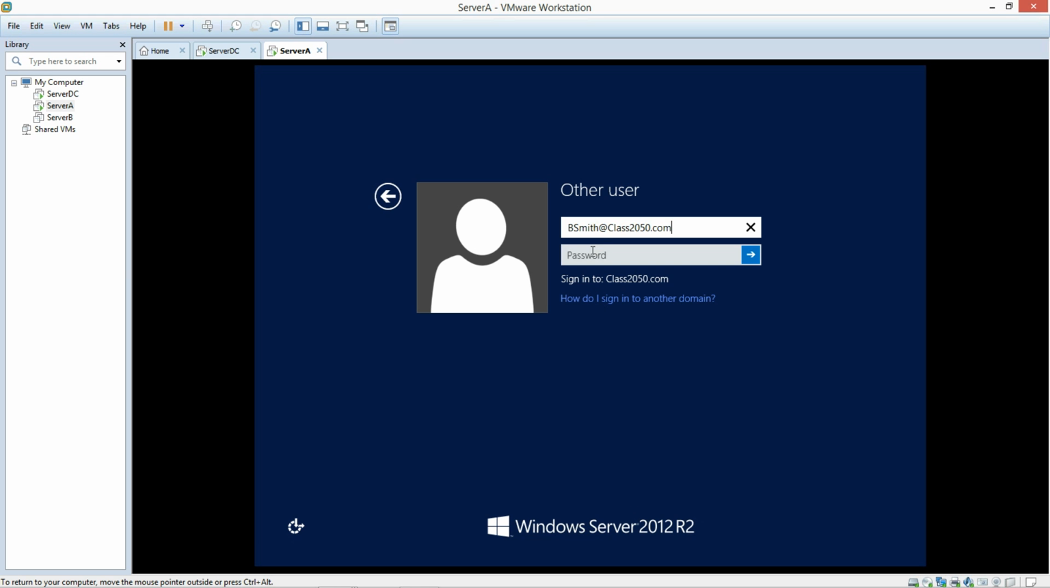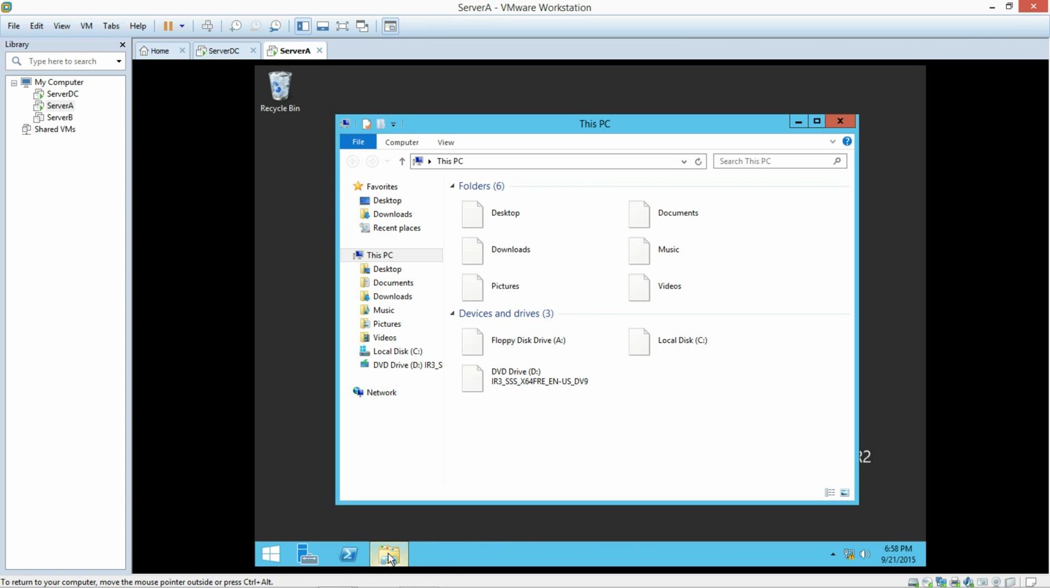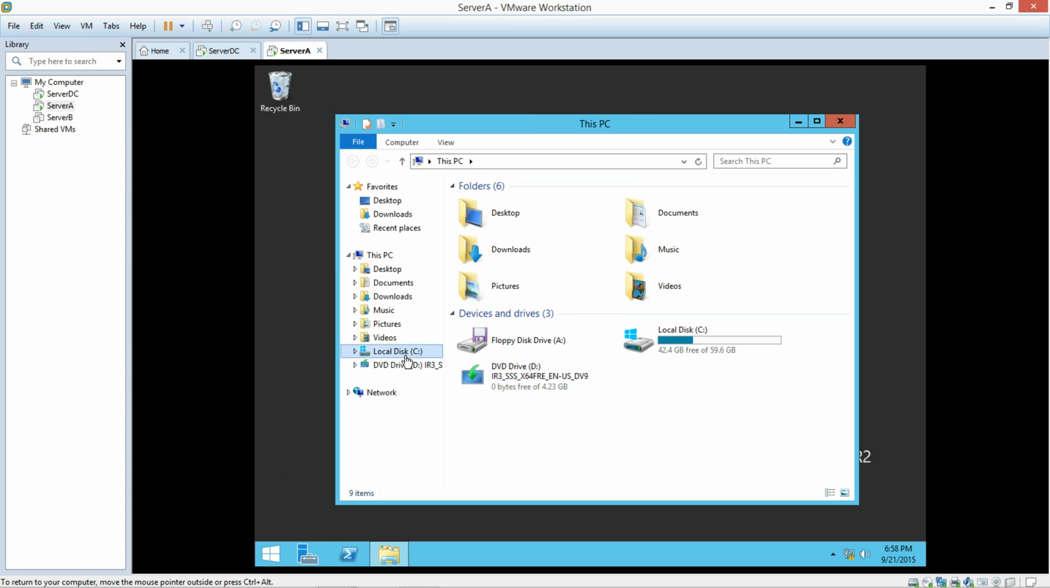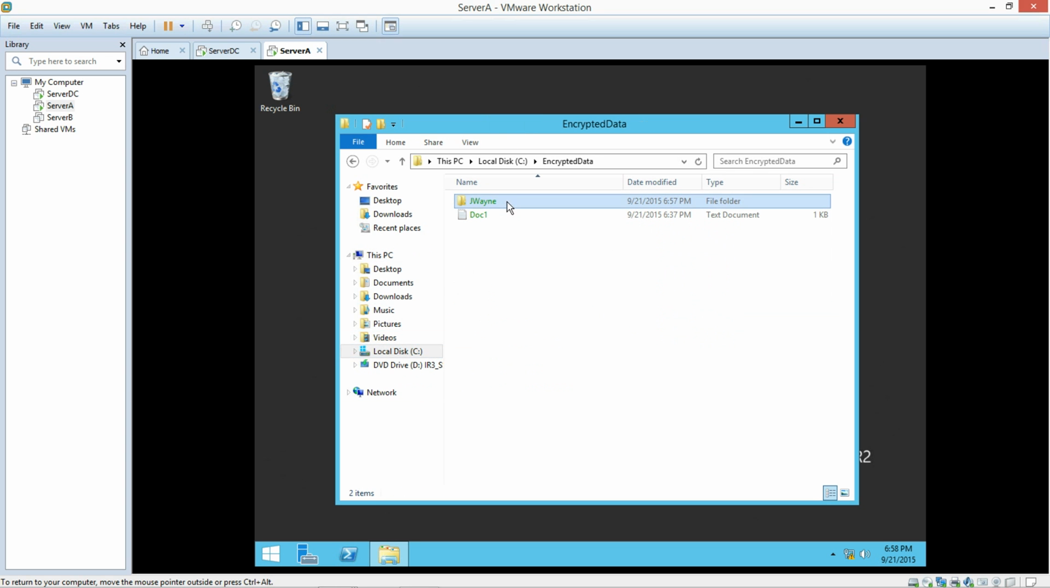And now we're going to type in his password. And now we're going to go to the File Explorer and go to the C drive, and we're going to go to the encrypted data. We're going to move the doc1 file into JWayne,